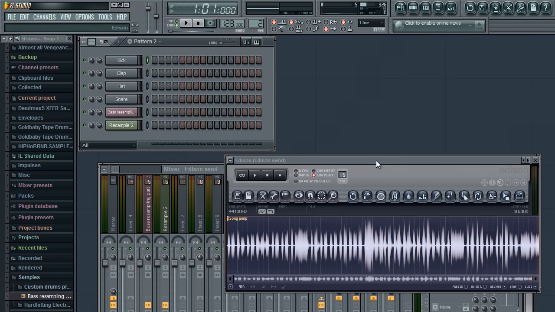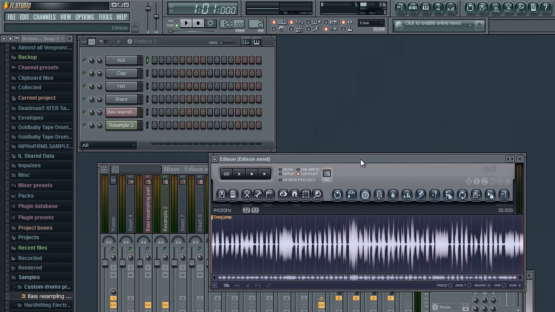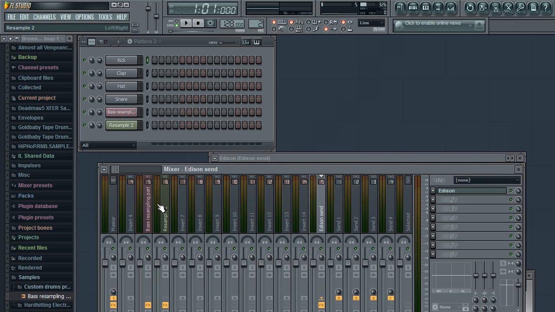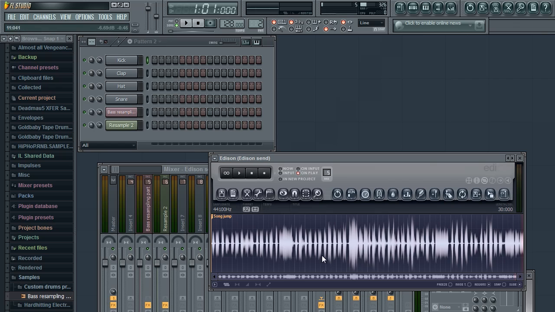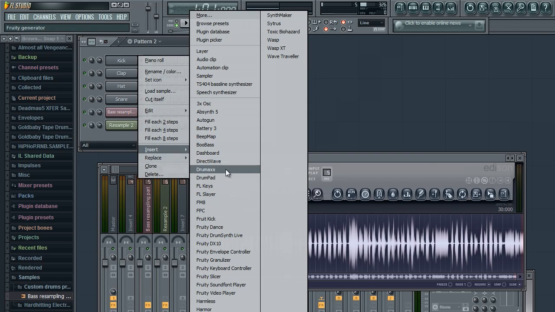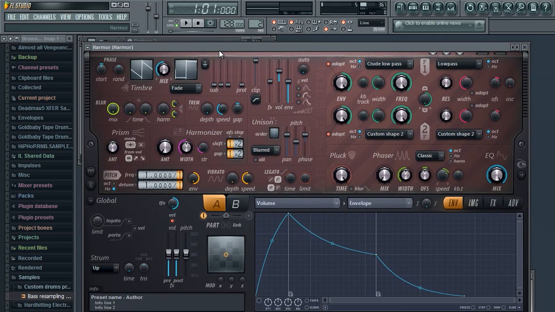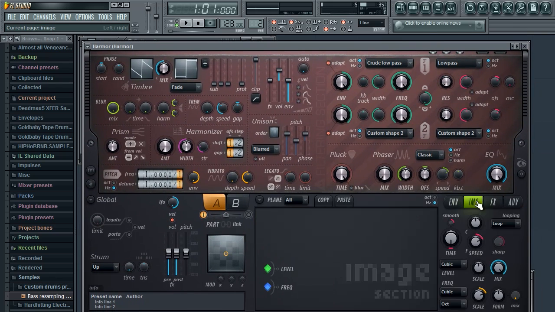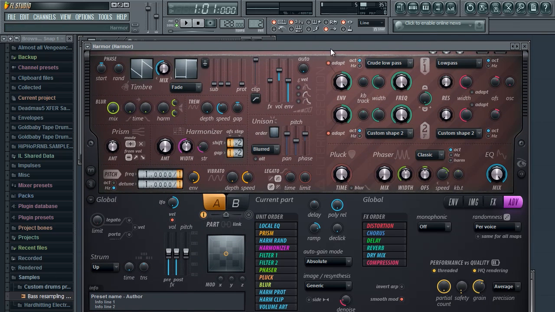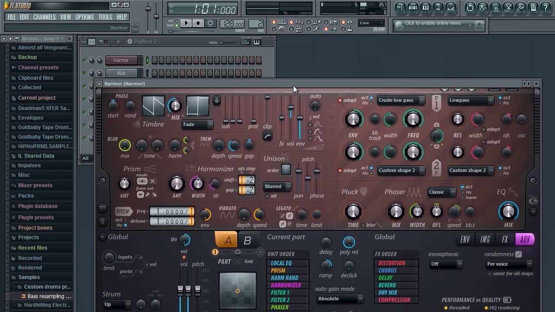But I wouldn't suggest using just that technique, which is why I'm purely resampling in the mixer here beforehand, and then doing one take in Harmor, because otherwise you kind of squish all the sound. I don't know, you can try it for yourself and see what you like best, but this is my preferred technique. So we're gonna open up Harmor here,